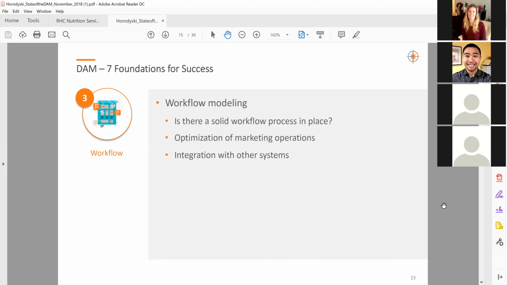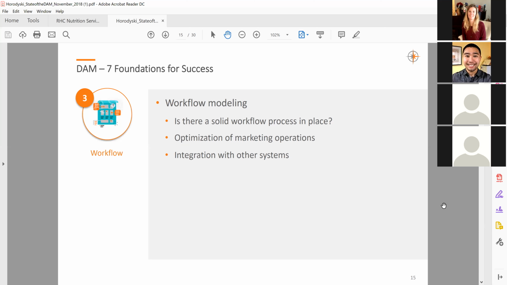So you have to ask yourself, is there a workflow process in place? Are there methods and mechanisms within the organization to understand who creates something and when they create it, where it goes and who uses it, and follow that through from the beginning to the end of the life cycle of an asset? So determine how a DAM will accommodate your project. It's important to think about how and when data is being created and modified in your projects, and then how this data is going to move through the other projects.